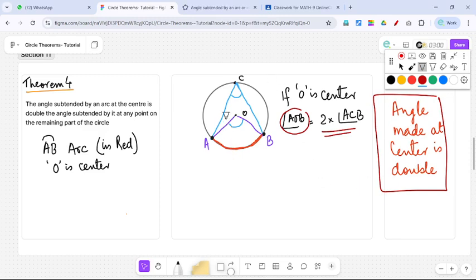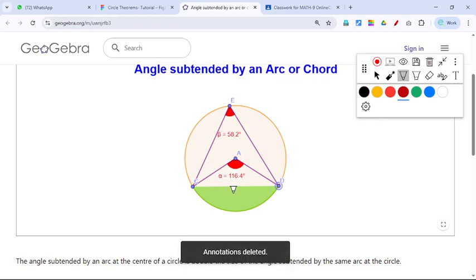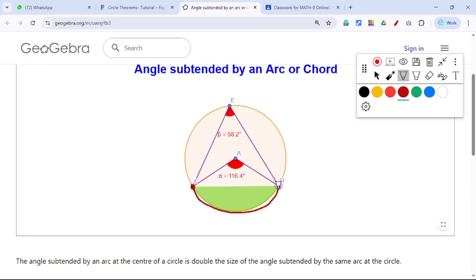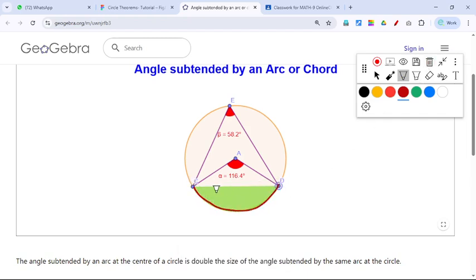Let us see an interactive made by GeoGebra for this theorem. Angle subtended by an arc or a chord. Now these 2 points, point C and D in this example. So this is my arc CD. This arc CD, or even this chord CD, if I join the 2 points, it becomes a chord. The angle subtended or made by this arc or this chord at the center, in this case point A,